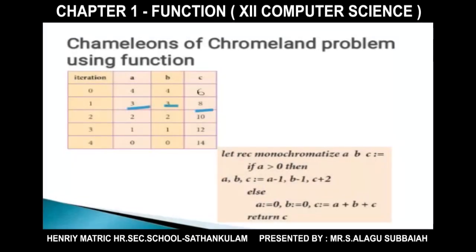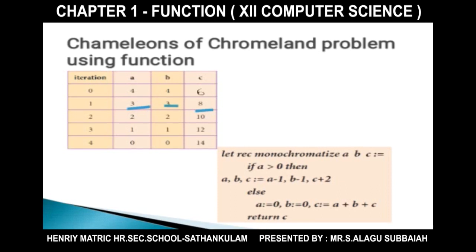Here I am going to explain the Hamiltonians of Groveland problem using functions. In a Groveland forest, there are three colors of Hamiltonians. A is one type of color, B is one type of color and C is one type of color.